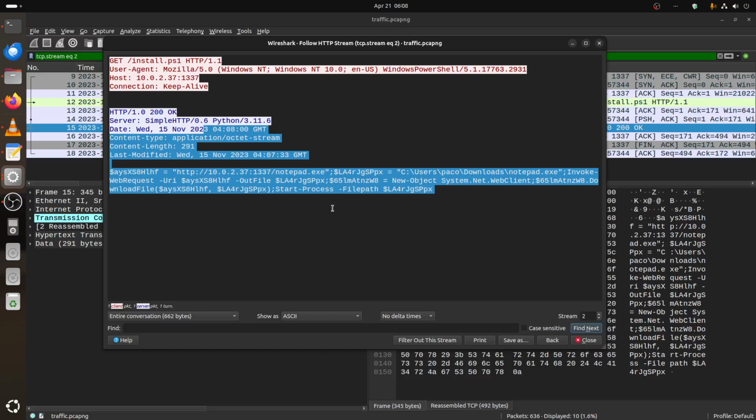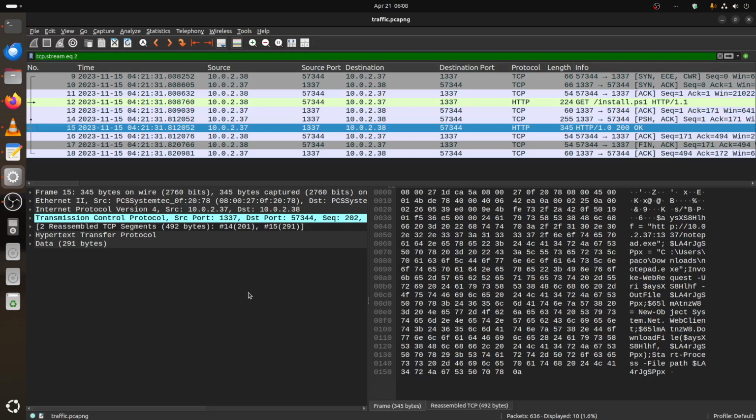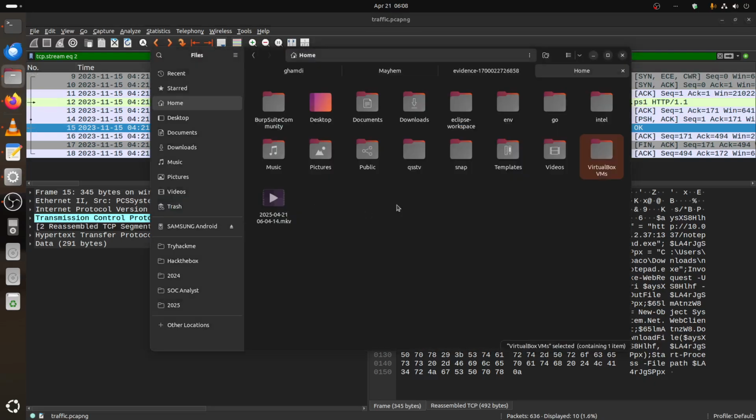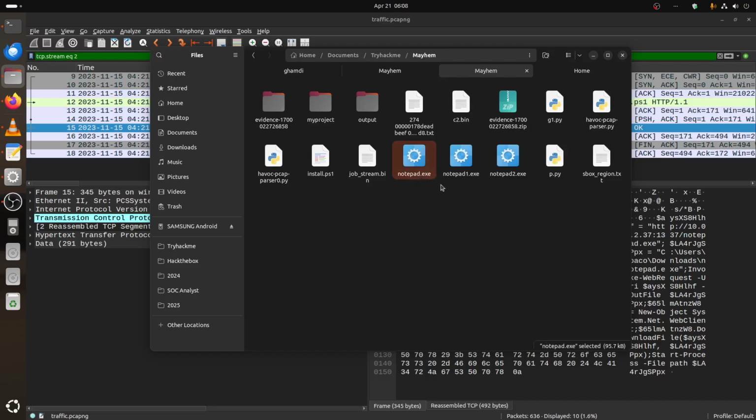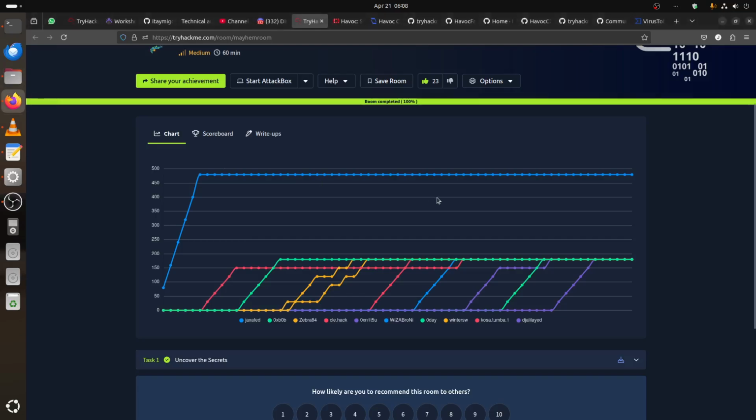So now we know the target. So where is that? Your next move is to check the evidence on my computer, the Mayhem. So you know this notepad. I tested them, they are the same thing. So you have the notepad binary, and you have too many options. You can check